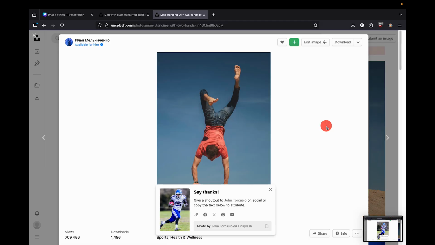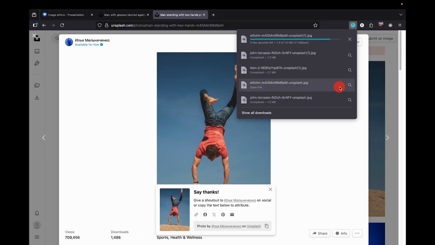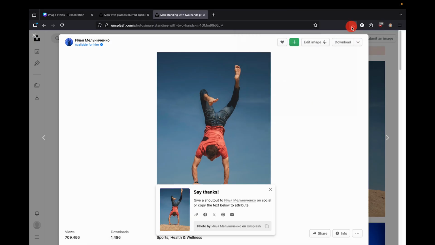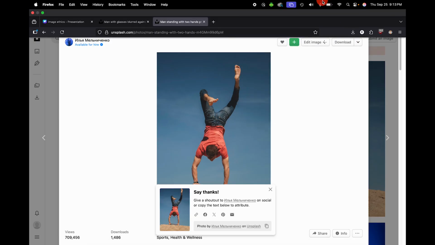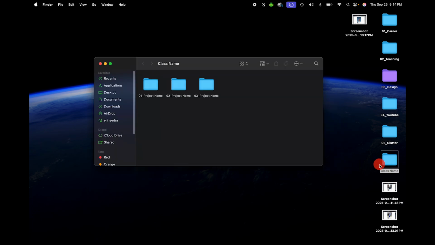Now let's grab this guy who's doing something that would break my hip. Let's download that at the original size. And again, Command-Shift-3. All right, so now that we have our images and our screenshots, let's organize them in our